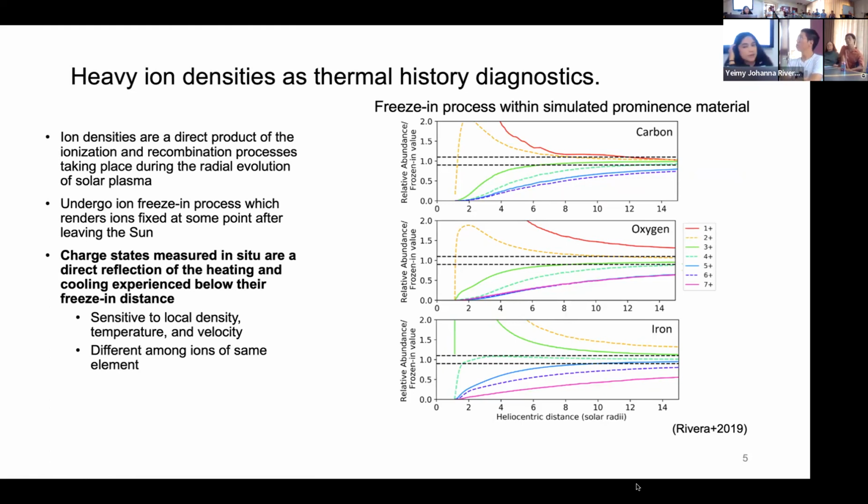The work in 2019 did it in a very similar way, but not with a big and more sophisticated MHD model. We looked at a 1D evolution of the prominence material and different structures of the CME, trying to match up the evolution of the charge states to a CME that we observed. So kind of in the same way.